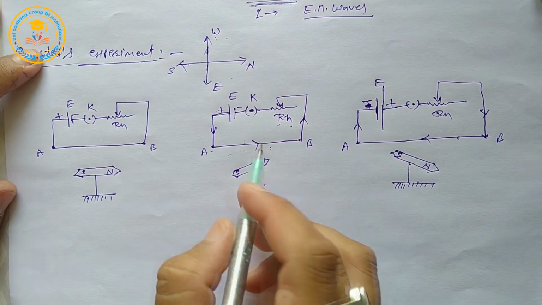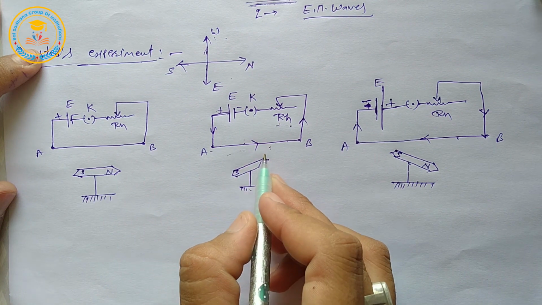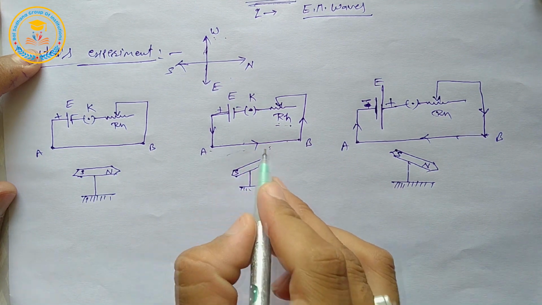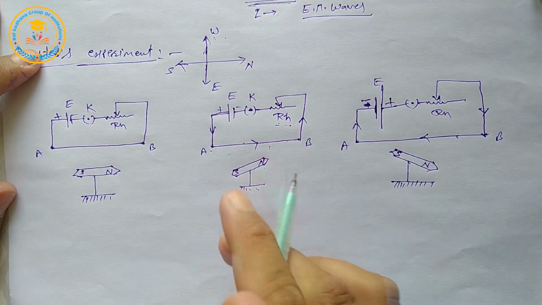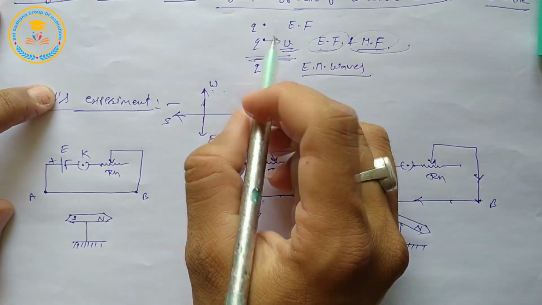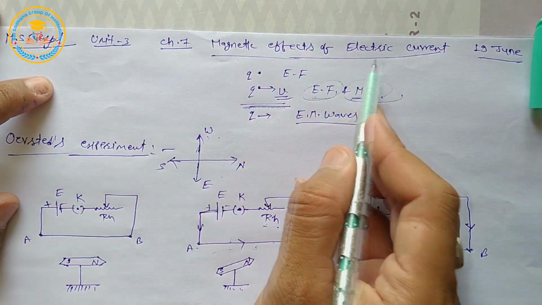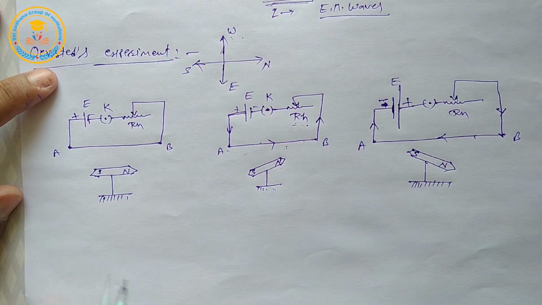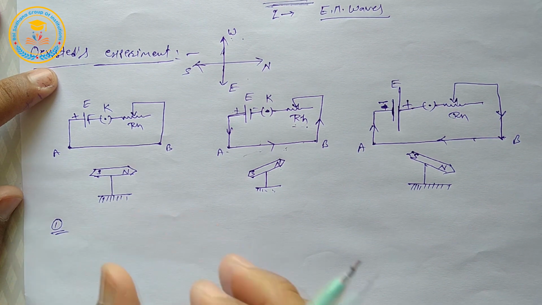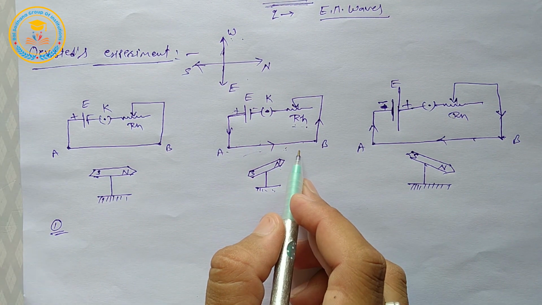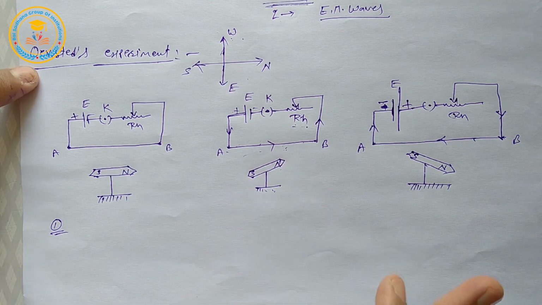Again repeat, when an electric current is passed through a conducting wire, it means a charge is moving in this conducting wire. Then in this condition, a magnetic field is produced around this wire. This effect is known as magnetic effect of electric current. Okay, from this experiment, we obtain some conclusions. First is the same as the last lines. When an electric current is passed through a conducting wire, then a magnetic field is produced around this wire.